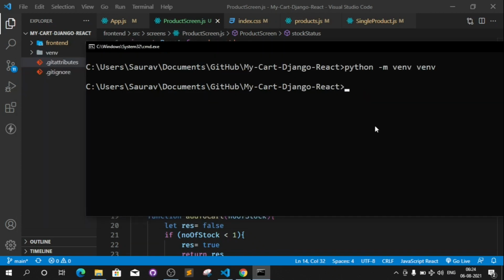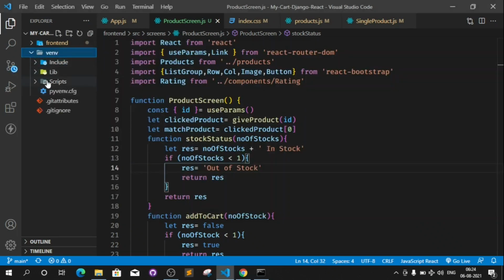After the virtual environment is created, we need to activate it. So to activate the virtual environment, we can use .\venv. venv is basically the name of our virtual environment. So this folder, as you can see, is the folder of the virtual environment we created. Inside this venv, we have something called Scripts.